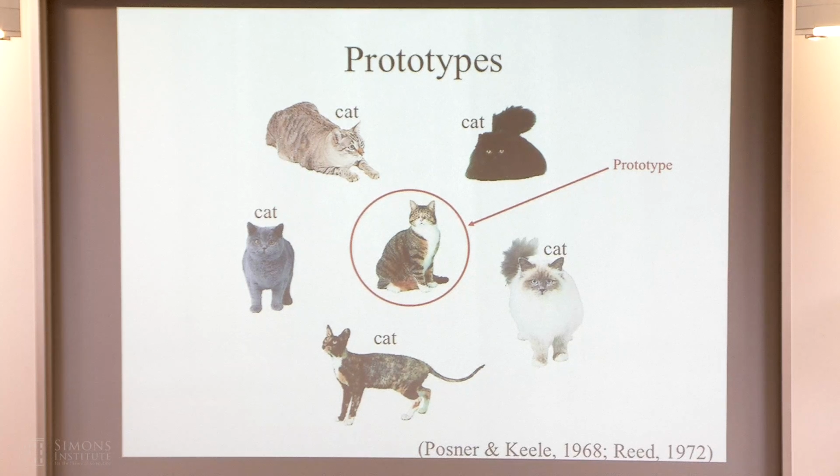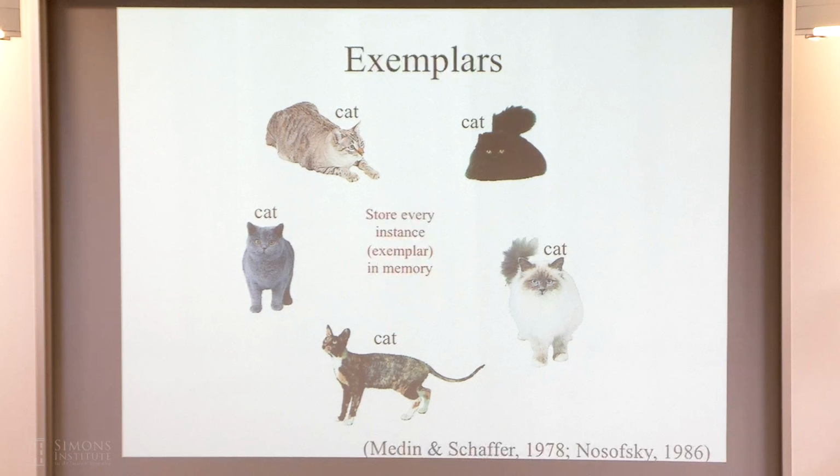So this is late 1960s, early 1970s, and then a few years later, people figured out that there's another approach that can explain all of the effects that had motivated people to think about these kinds of prototype models. This is called an exemplar model, where rather than abstracting away the prototype, you remember every instance you've ever seen of a cat, and when you're deciding whether something is a cat or a dog, you compare that new object to every instance of a cat and every instance of a dog that you've seen, sum those similarities together, and make a decision on that basis.